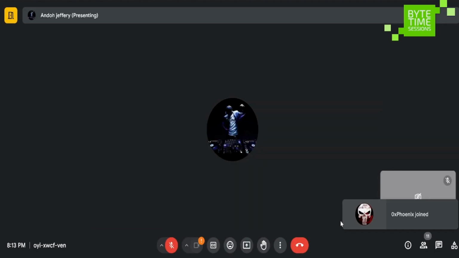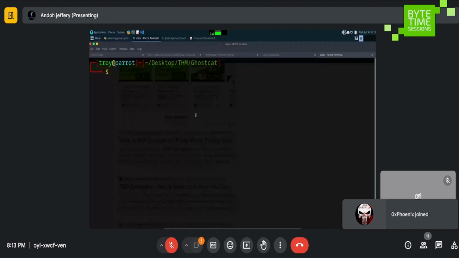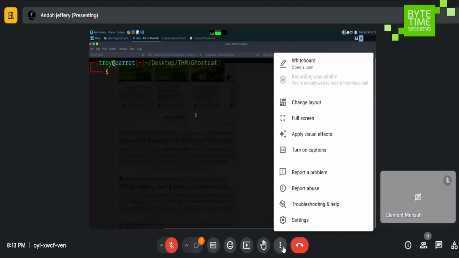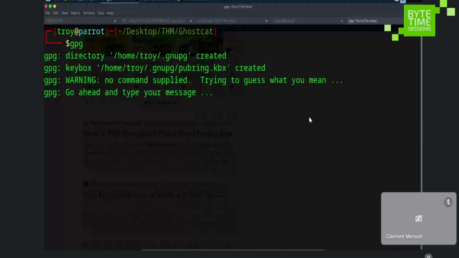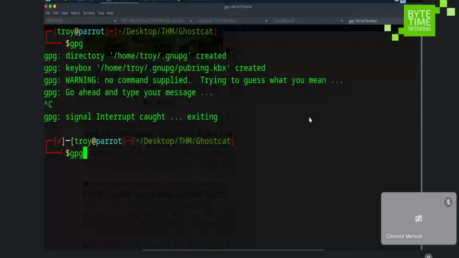To decrypt this one, there is a tool called GPG, which can also be used to decrypt the PGP stuff. So if I run gpg -h,